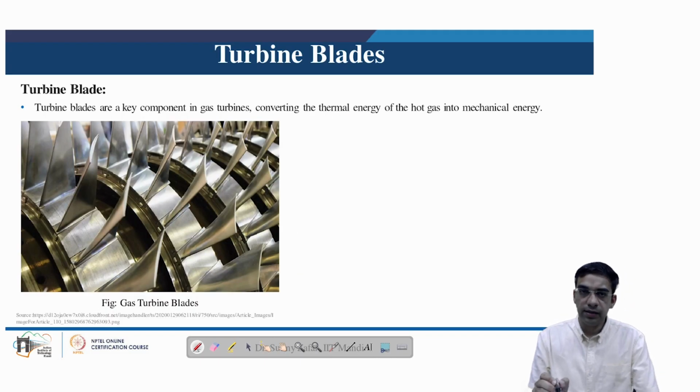If we look at the gas turbine closely, it is the turbine blades which are the key components in the gas turbine, responsible for converting the thermal energy of hot gases into mechanical energy. So how do these blades convert the thermal energy into mechanical energy? Here we can see this image of various series of gas turbine blades, where we can see the aerofoil shape cross section of the blade, and several blades are attached on these rotor discs as shown here. Because of this aerofoil shape, the hot gases flowing over the aerofoil shaped blades generate lift, because of which the blades cause rotation.